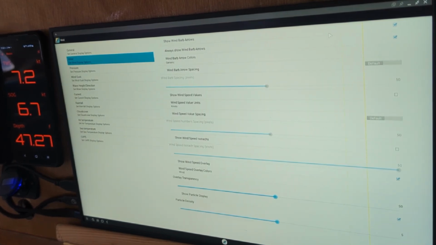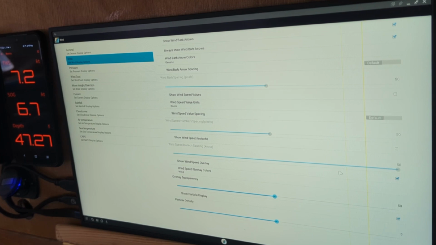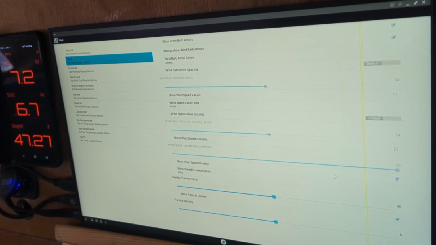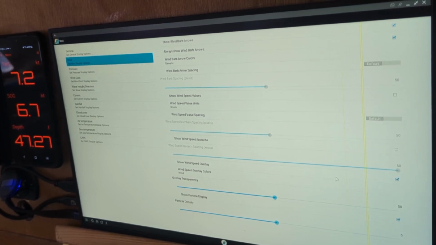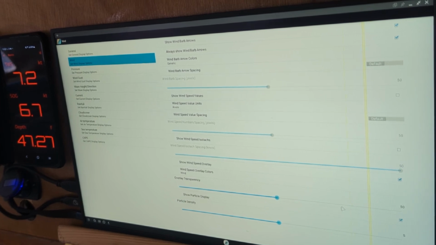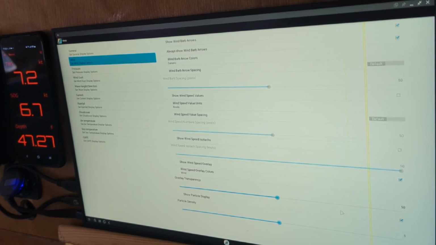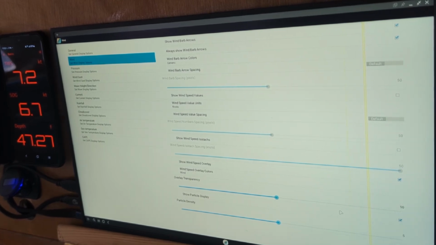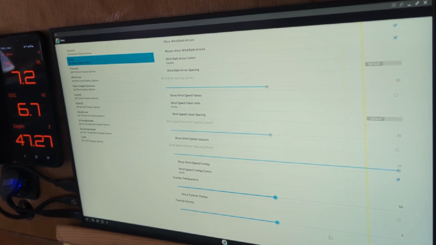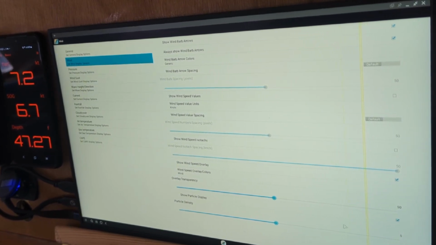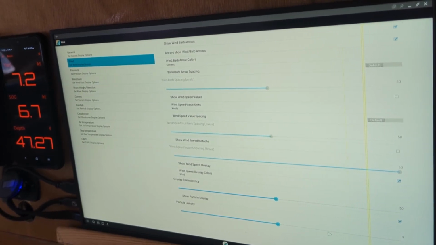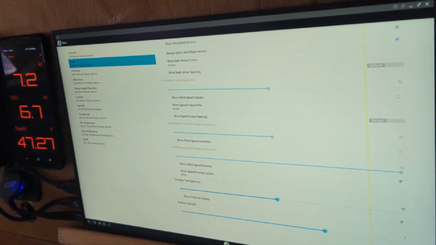So I set show barbed arrows, always show the wind arrows. I've selected it to show wind speed overlay, which is a color coding, and also to show particles. Particles are not like the Windy ones, they're more like long lines, but they move in a similar way. And I can also set the particle density. So let's set that to 7. Okay, I can go back